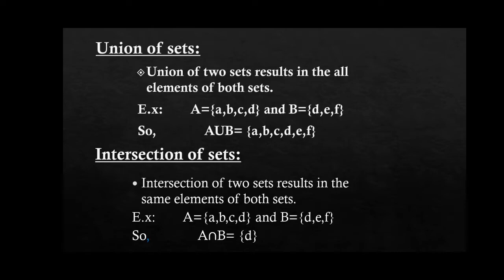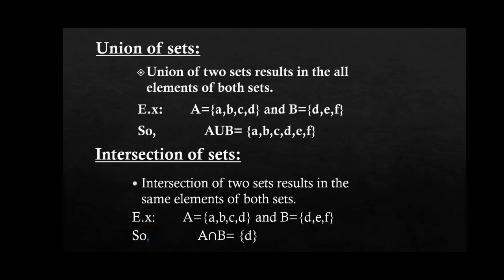So before starting exercise 1.3, let us review some of the definitions from exercise 1.2. As we have discussed earlier about the union of the sets. What is the union of the sets? Whenever we unite two sets, we write the elements of both sets together in one set. For example, in A and B, there are elements written differently, so we write them together in one set. It would be called A union B.